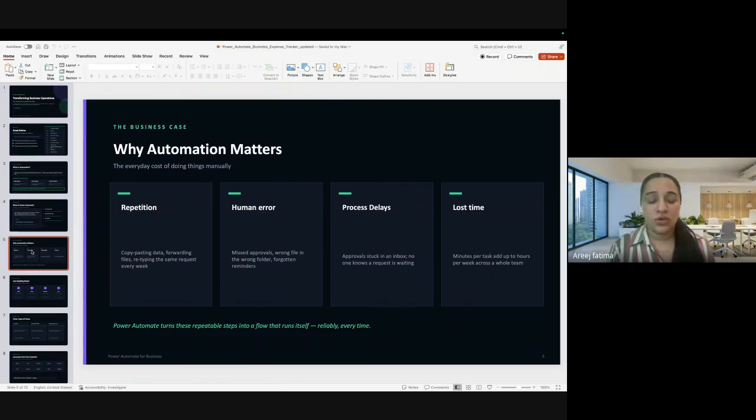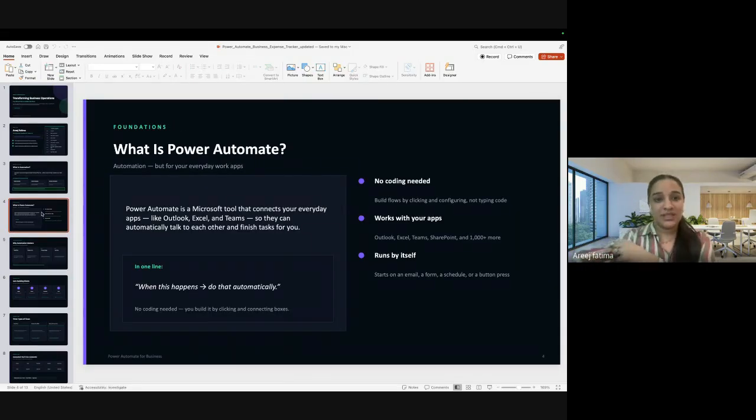It's not possible for us to do everything correctly. Maybe we have human errors, process delays, or delays in our deadlines. And if we do repetitive tasks, that is also stressful for us, because we need to do the same thing again and again. That's why we prefer to use automation, to reduce all of these problems.